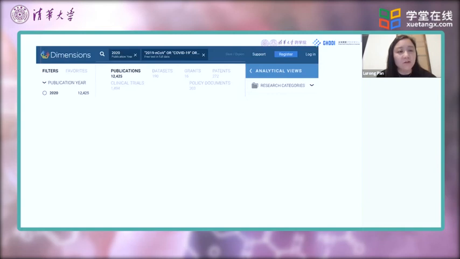Another similar effort is by another company called Dimension AI. They are also very keyed in on natural language processing. They are tracking all the publications on coronavirus on a second basis. This is accurate as of today: the publications have reached about 12,000. For any researcher, it would be impossible to catch up with that amount of publication, so we need some kind of extraction.